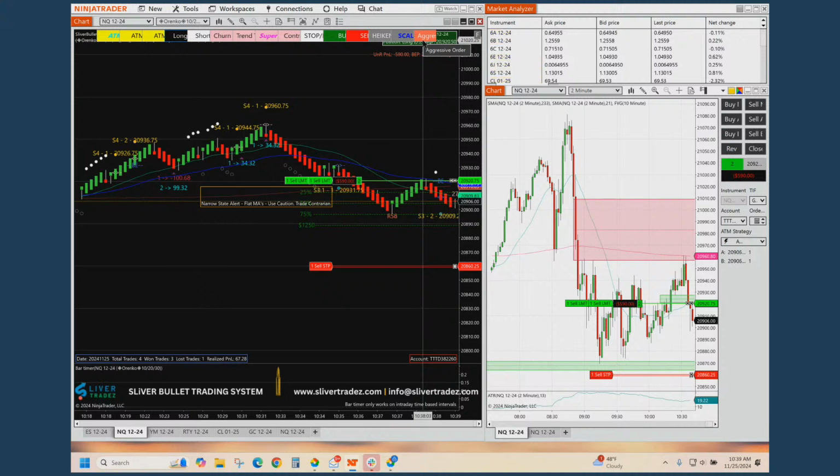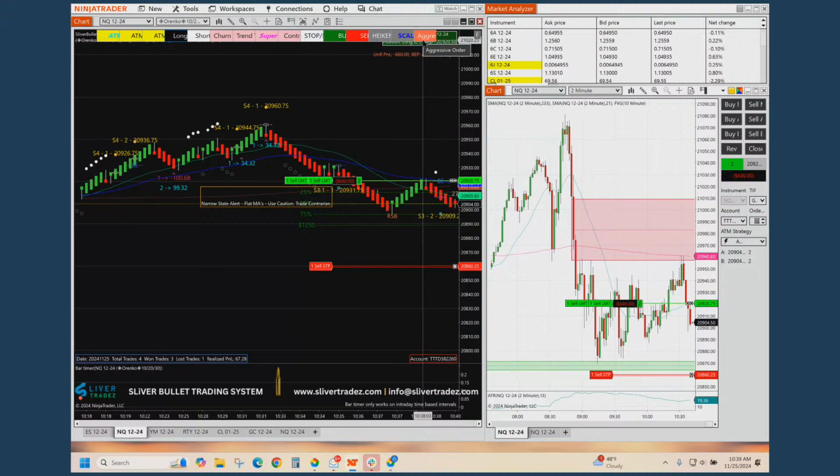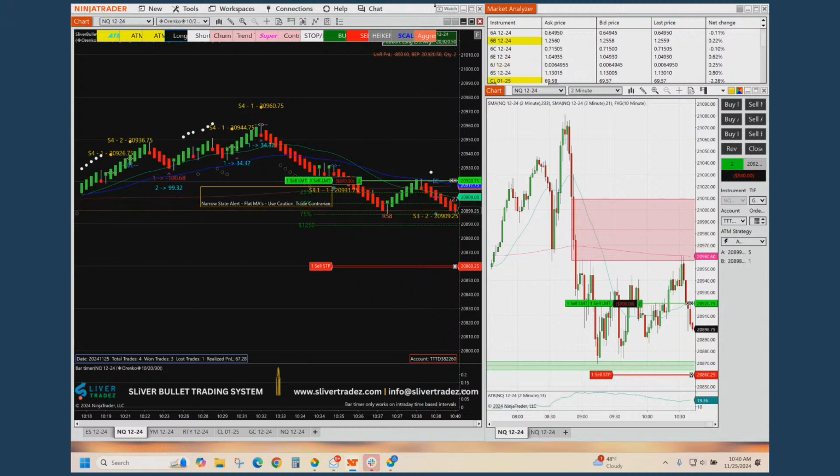So NQ, we have to be very careful trading, and only in good trending market we should trade it. Otherwise, in this kind of back and forth market, we'll have a lot of difficulty managing it. Market is going against me, so I may have to scale in one more time.